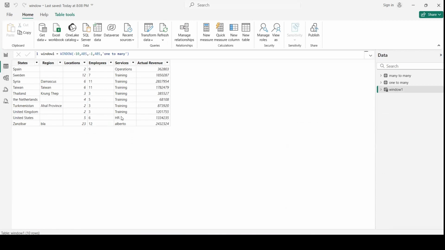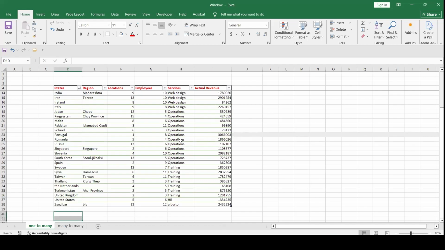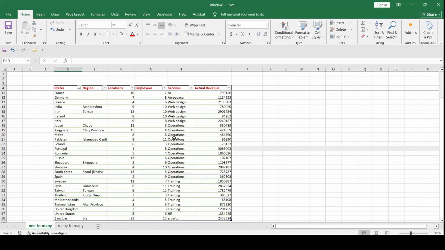And what we want to do now, for example, is more than just see the last 10 rows of this table. If the request is that I need to see from each category, like I have here web design, let's just make it a color.